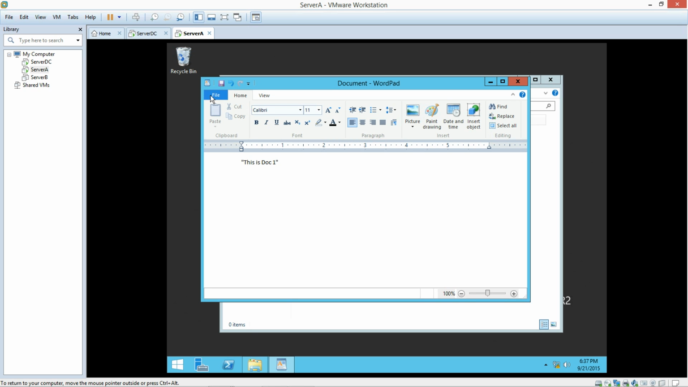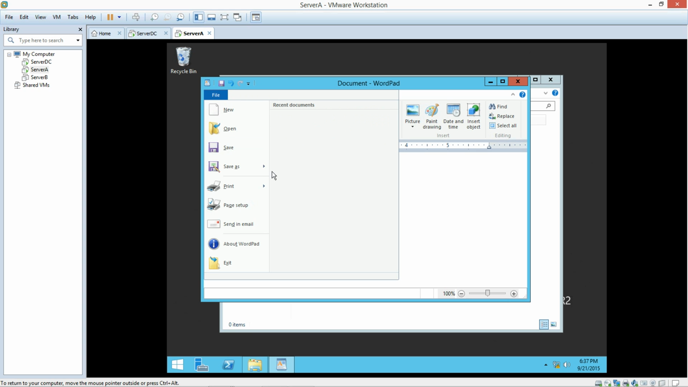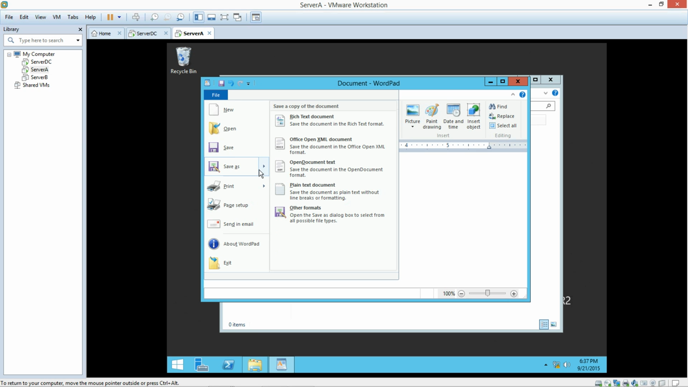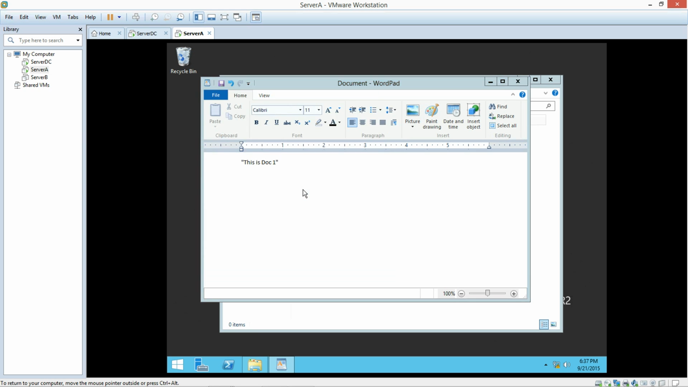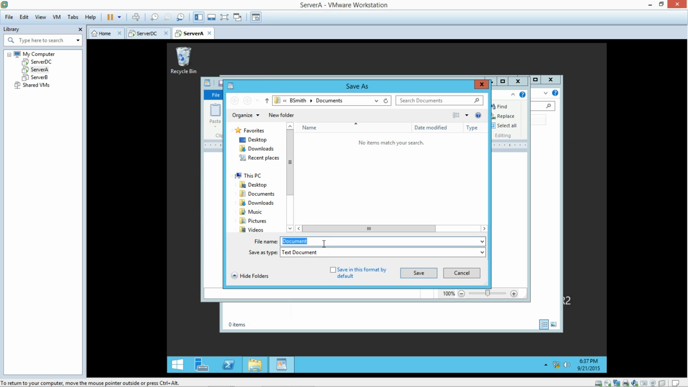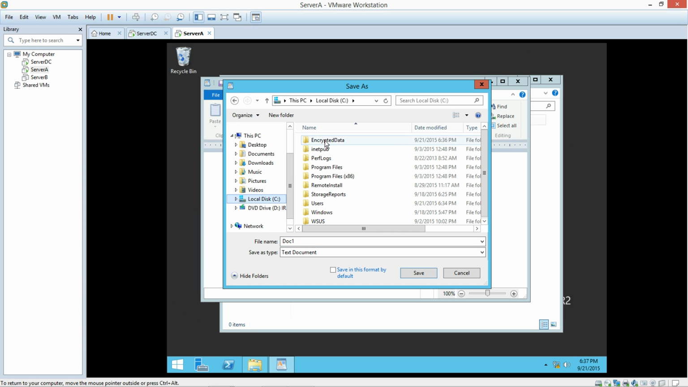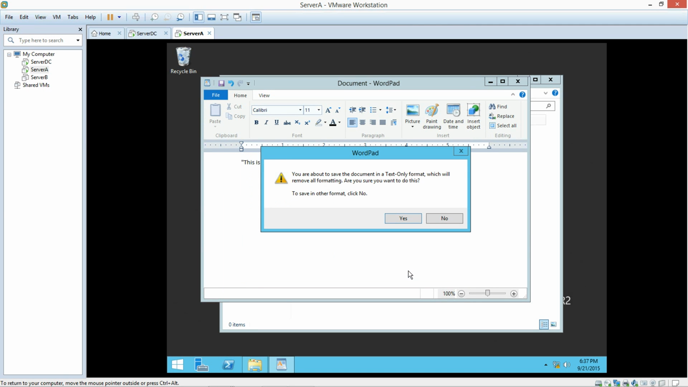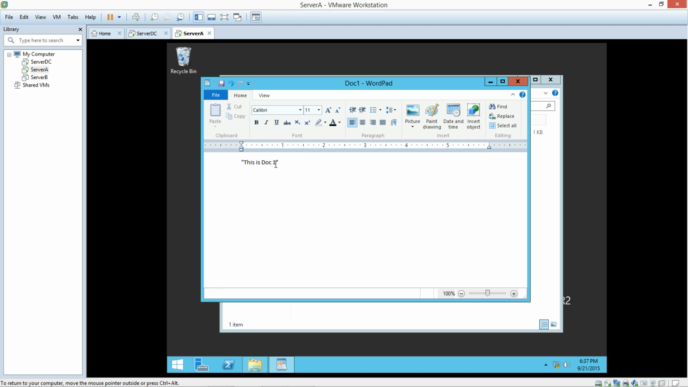And we're going to go to File, go to Save As, and go to Plain Text Document, and we're going to save it as doc1. Now we're going to scroll down to the C drive and go to the encrypted data and click Save and click Yes. And now we're going to type this is doc2,